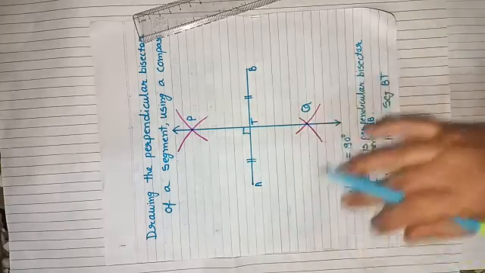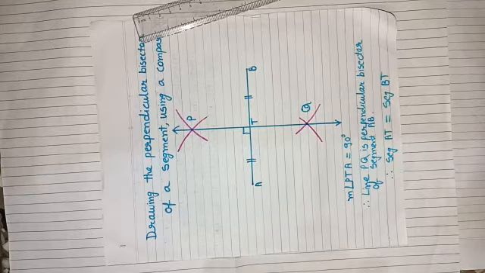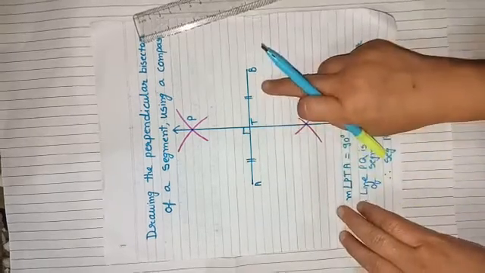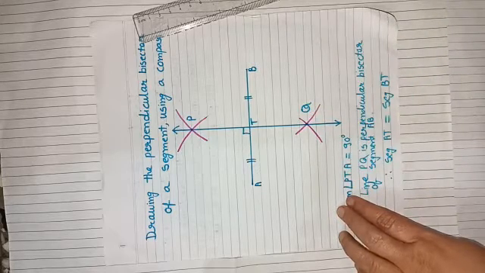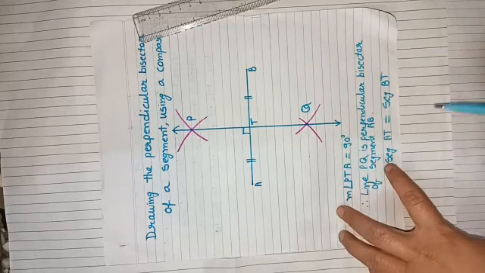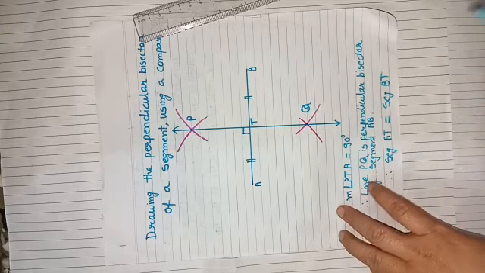Students, this is the complete construction of how we are going to draw the perpendicular bisector of a segment using a compass. Since we are using the word segment, they have given the specific length of this segment. But students, for this construction they have not mentioned the specific length, therefore we have not written anything here. But now we know the length of line segment AB, therefore if the length is given, you have to write down 11 centimeters, and half of 11 centimeters is 5.5.